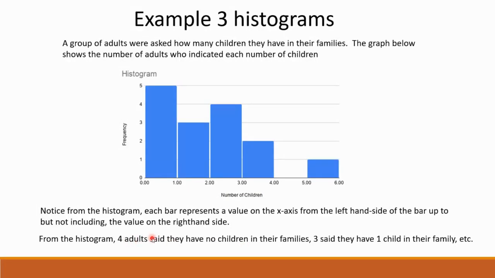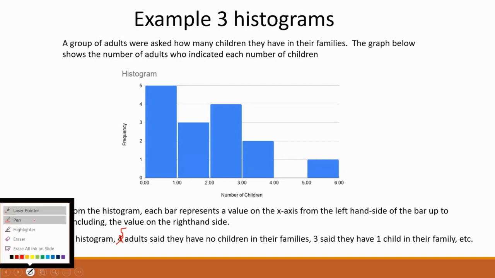That should be a 5. Let me just fix that. Cross that out. That should be a 5 adults said they had no children. 3 said they had 1, and so on. Not sure why I put 4 there. Maybe it was 4, but then I fixed it. Anyway,